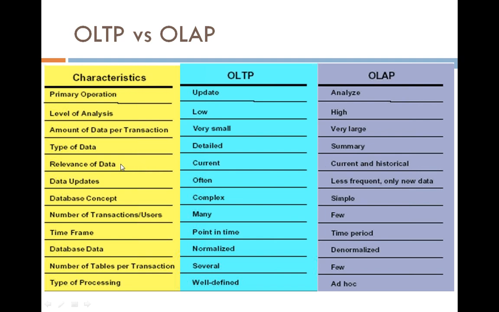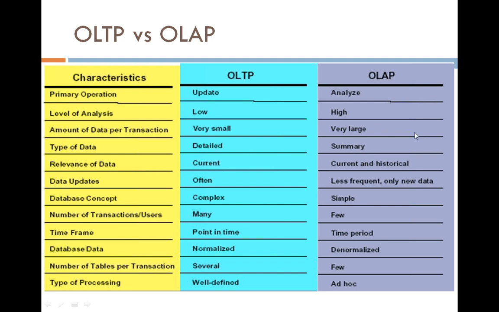And relevancy of data. OLTP always holds the current information only. Most of the time it would be the current year only. So for the previous years or the last years, we would be doing archiving. Archiving in the sense, removing the data from the production system or the live system where we store the data and putting it into some different systems.